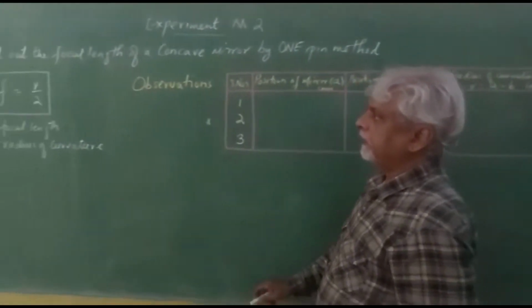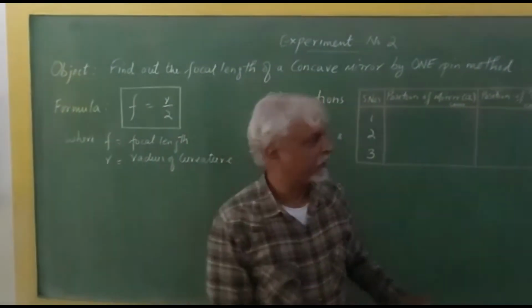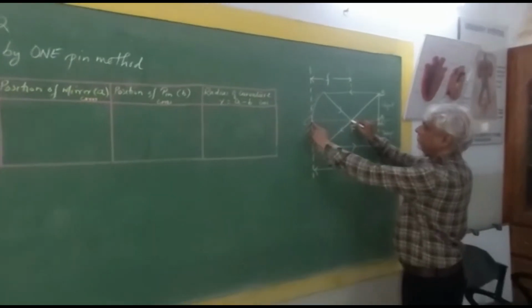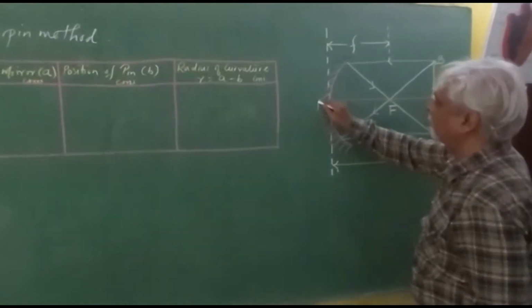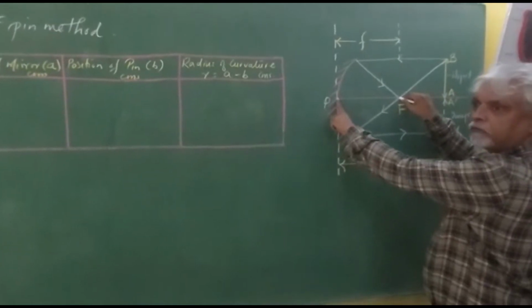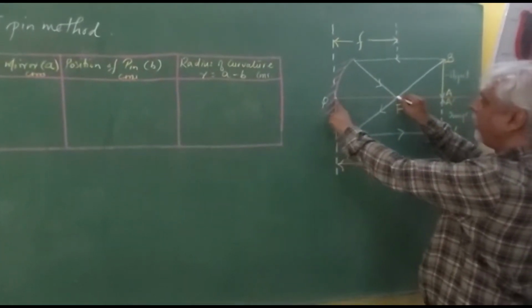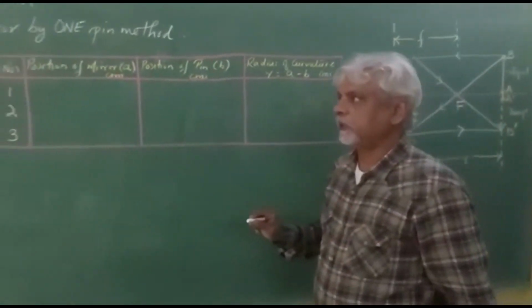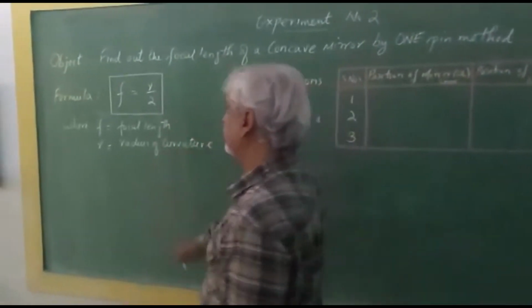And the principal focus, as you can see over here, from this point to the pole of the mirror, this will give you the focal length, and this is exactly half of the radius of curvature R. So I hope this formula and how to calculate it is clear to you.